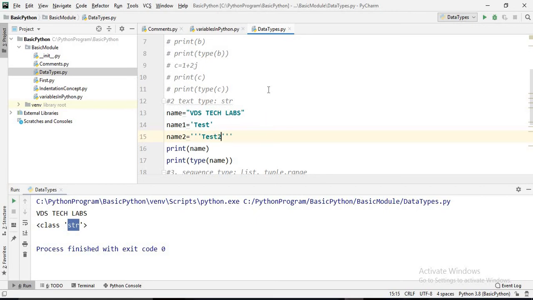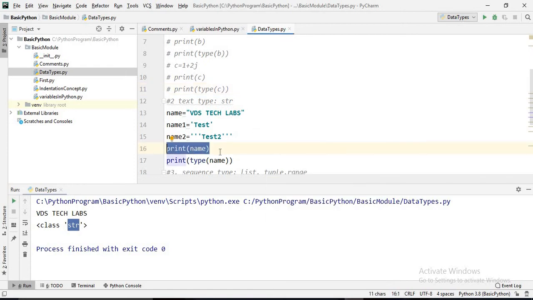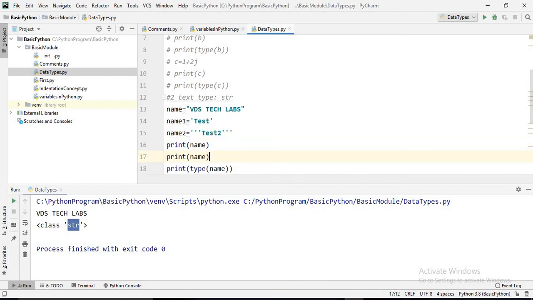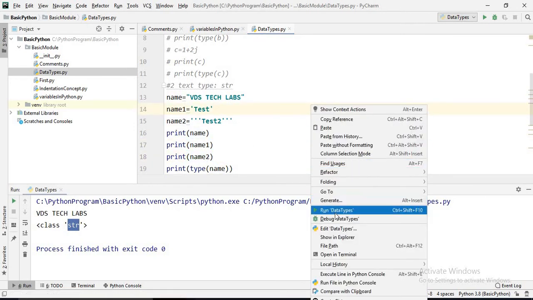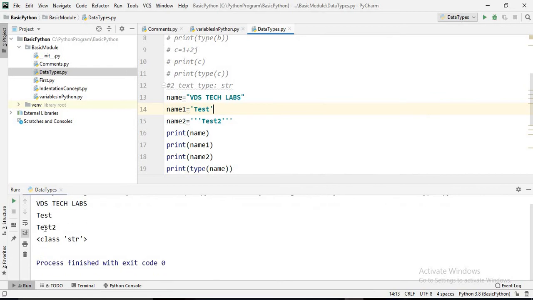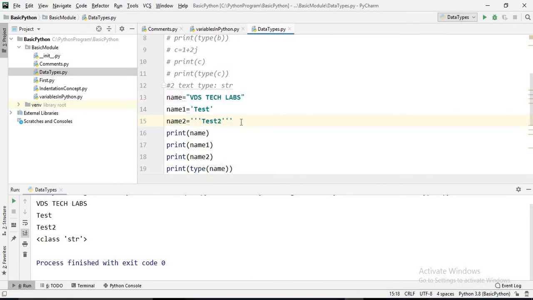If we execute, it will print this one multiple times. The first one is name1, this one is name1, and this one is name2. If we run this, it shows perfectly valid. So in all three ways we can define the string.